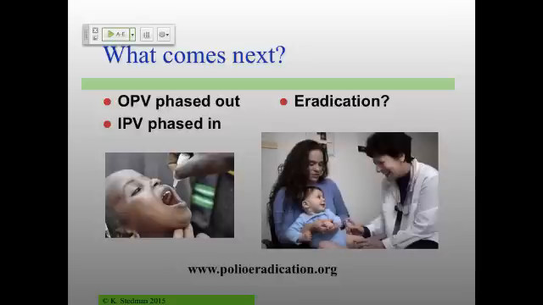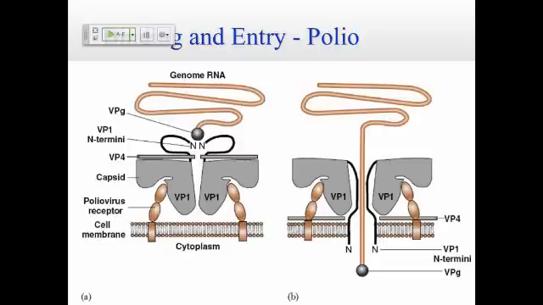What's the problem with this? It can actually cause disease in some cases, because attenuation has just changed a couple of things in the genome, and so those on a random basis can change back. So a lot of the polio cases in places where we've got good vaccination actually come from this oral polio vaccine. What that means is if we really want to make sure that we're done with polio, or nobody makes polio from scratch as they can, then we're certainly going to need some of this inactivated polio vaccine as well. But that's the idea. So